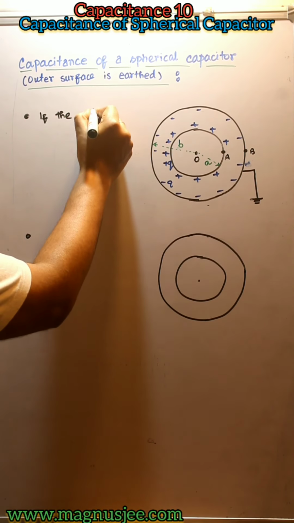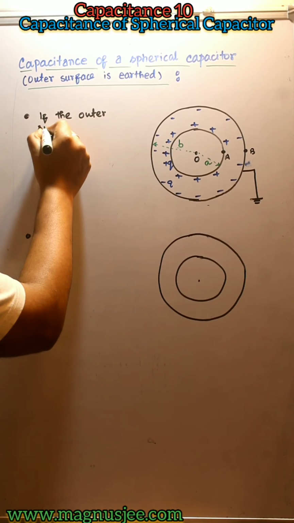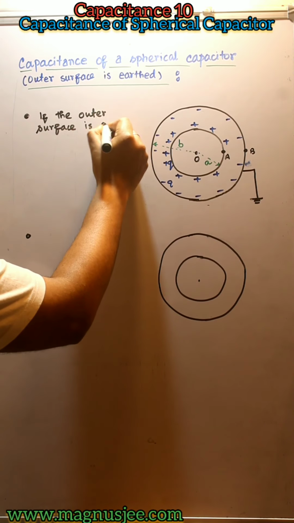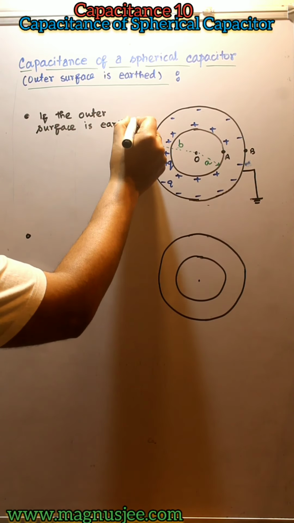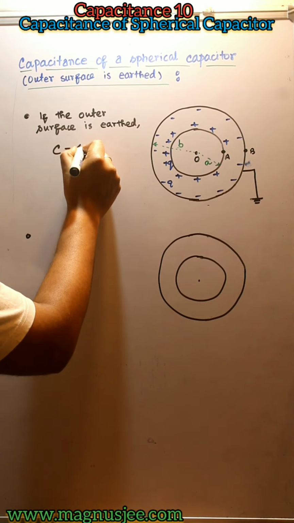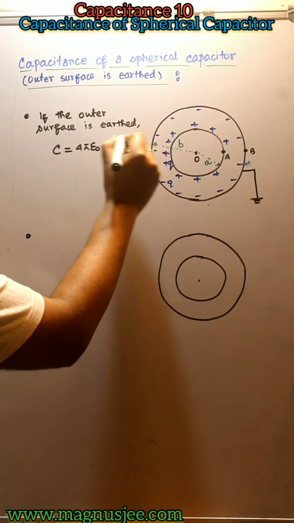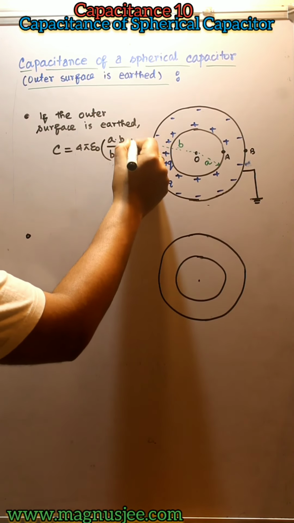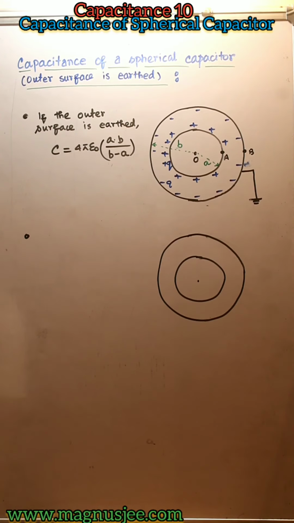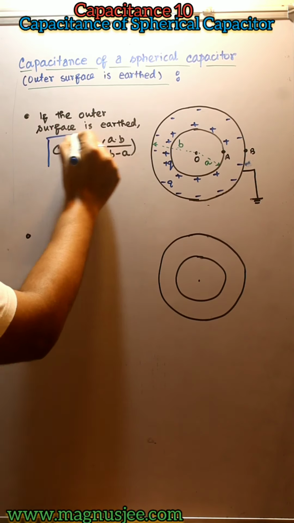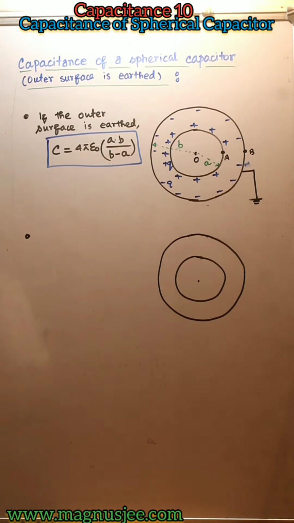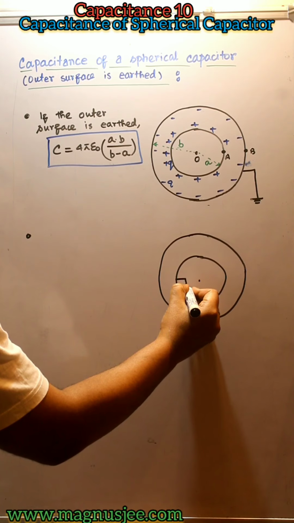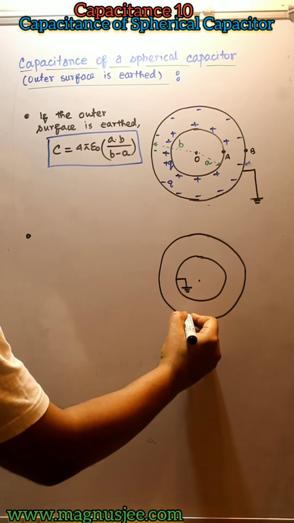If the outer shell is earthed and charge is given to the inner surface of the inner shell, then the expression of capacitance of this spherical capacitor is 4 pi epsilon 0 a dot b divided by b minus a, where b is the radius of the outer shell, a is the radius of the inner shell, and b is greater than a. Now in the second case, the inner shell is connected to earth and plus Q charge is given